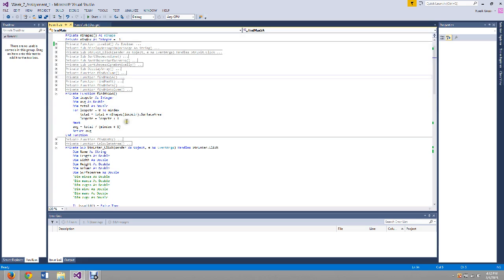Alright, this one's a little more complicated. We have to have a loop counter. In average, they'll get returned in a total, which we used to do math with. So we have another for loop. Loop counter equal to 0 to m index, and then there's nothing there, so it's going to step 1 automatically. So 0, 1, 2, 3, all the way up to m index, which means we're going to stop at every